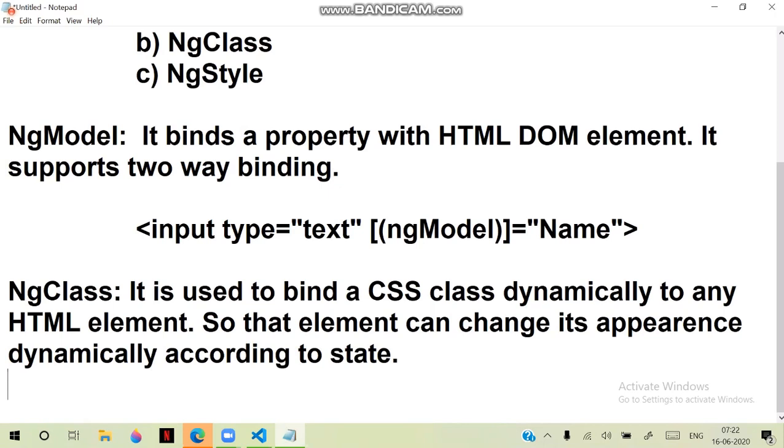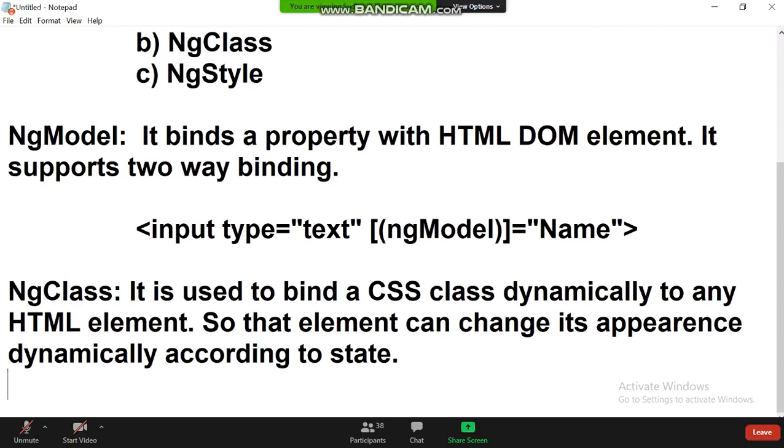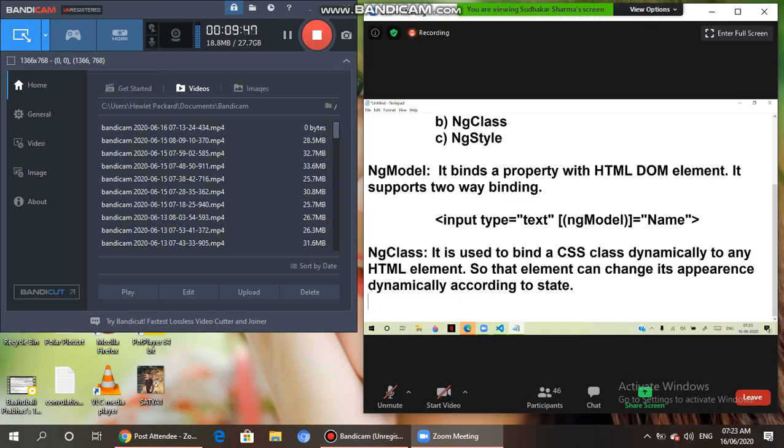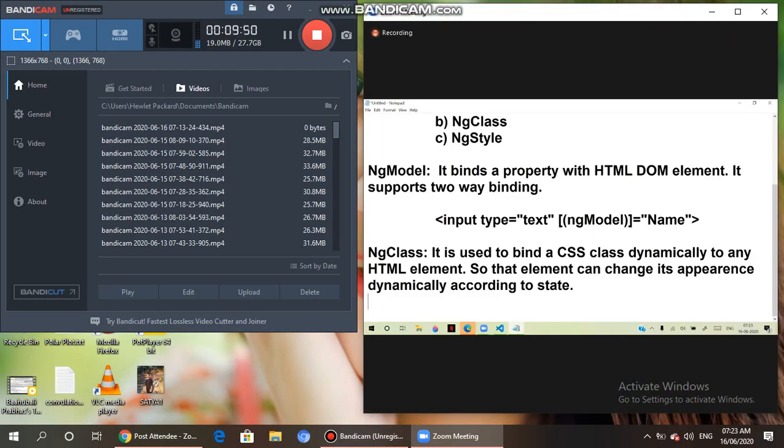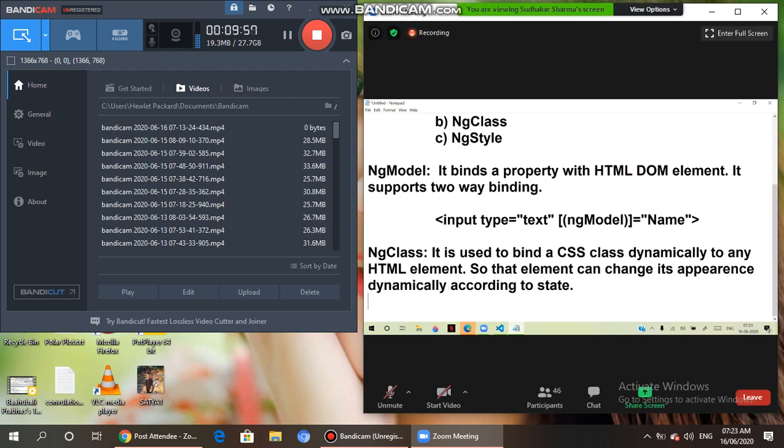Suppose when you are designing validation, if it is valid, then it should appear in green color. If it is invalid, then it should appear in red color. Such dynamic changes we can manage by using ngClass. Technically, we can apply a CSS class dynamically and change it according to the state. Initially, we will see how it